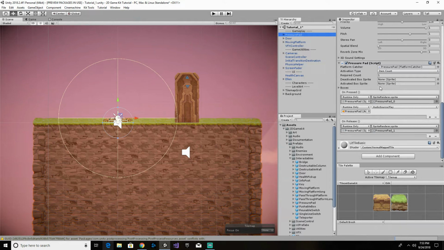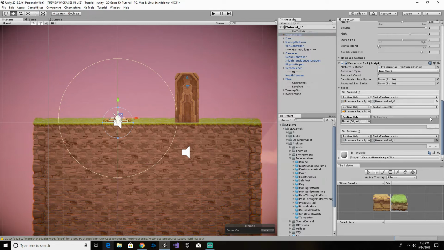And in the on-pressed list, we're going to click the plus button to add a new event. And we're going to drag the door game object from the hierarchy window to the object field, which is right here. So there's the door, there's the object field,